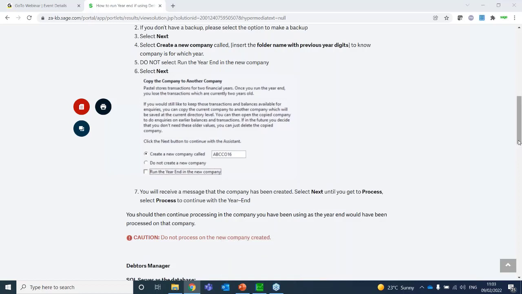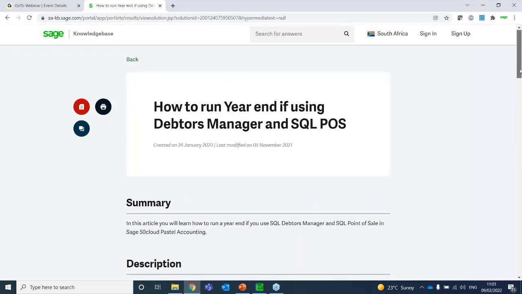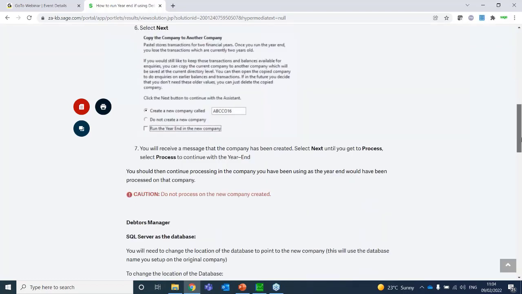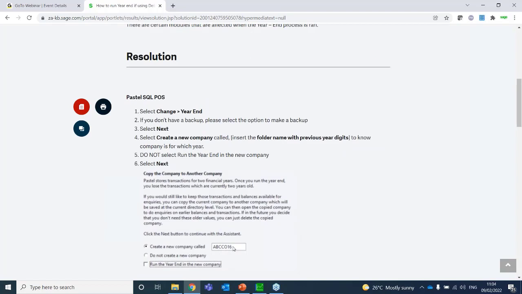So guys, please bear that in mind. With SQL, there is a right way and a wrong way to run the year-end. Please don't run it the wrong way. It's a lot of effort and it's unnecessary, and it's a lot of unnecessary frustration. So you can create a new company, but this new company is going to become last year. So this will be your